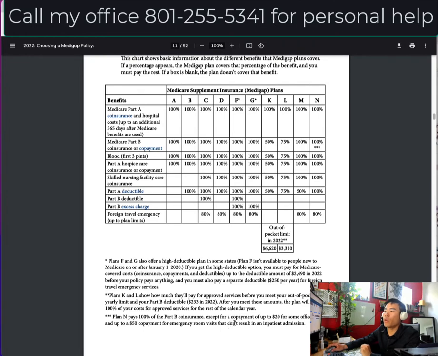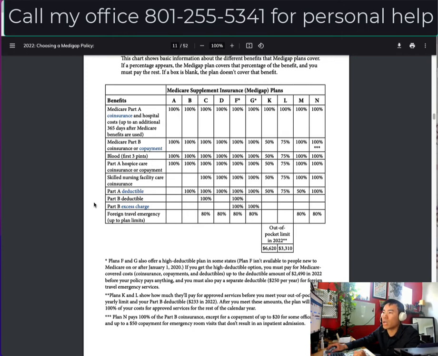With Plan N, you have up to a $20 copay for office visits, and that relates to your primary care physician as well as your specialist, and also up to a $50 copay for ER visits that don't result in inpatient admission. So with your Plan N, you have a little bit more out-of-pocket expense for your doctor visit and your ER visit. Other than that, everything else is exactly identical: 100% on Part A hospice coinsurance, your blood, your skilled nursing facility,